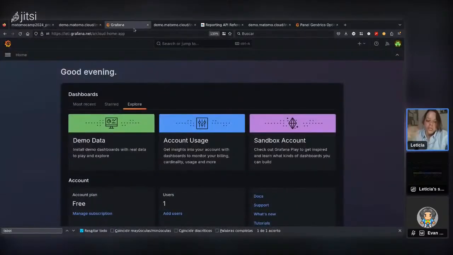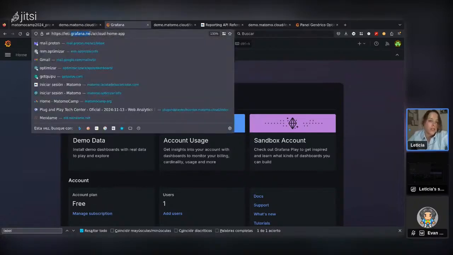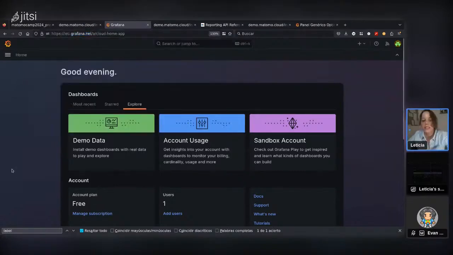In this case, for the example, we are going to use a solution that is in grafana.net. Here you can create your own instance. You have a free account, and also you can increase it, or you can also use Grafana on-premise and install it on your own server. As I said, in this case we are going to use the cloud solution because it's easy for this example. When you access the tool,